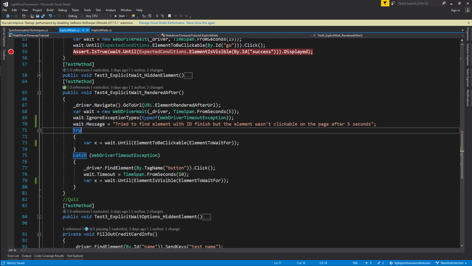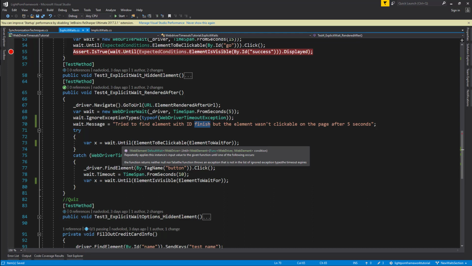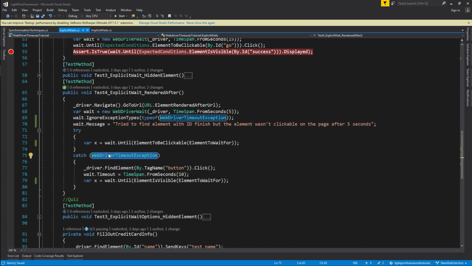And okay, so with all of that coded and written, what I've done here is I actually finished up this test that goes to element rendered after URL. And so what it's going to do is attempt to wait for our element, right, which was with the ID finish. And that is not present because it's only rendered after we click a button in the HTML. So of course, this is going to wait for 5 seconds and then it's going to throw a WebDriver timeout exception, which I catch,